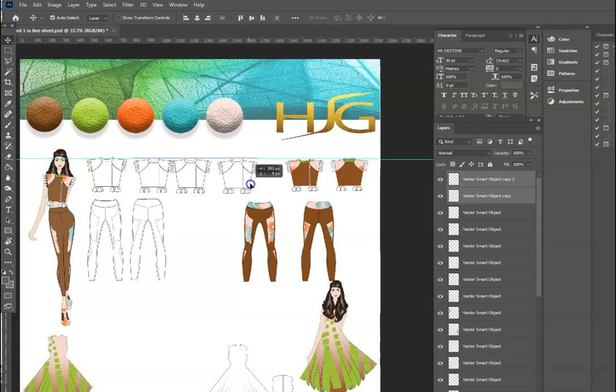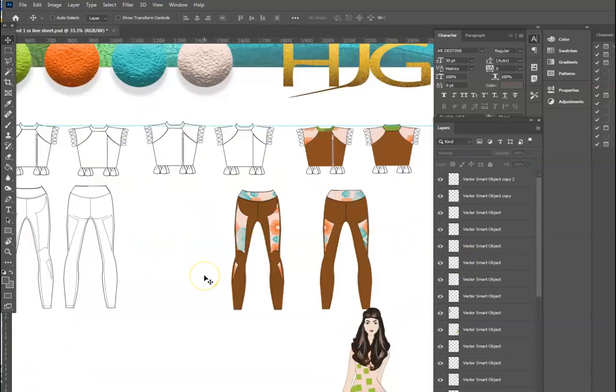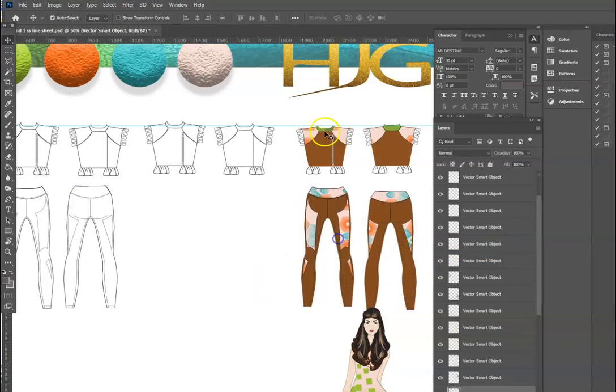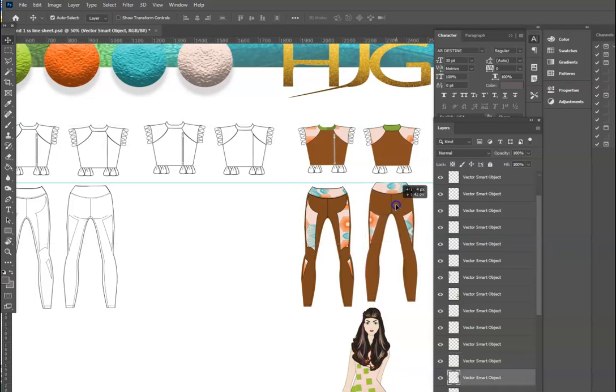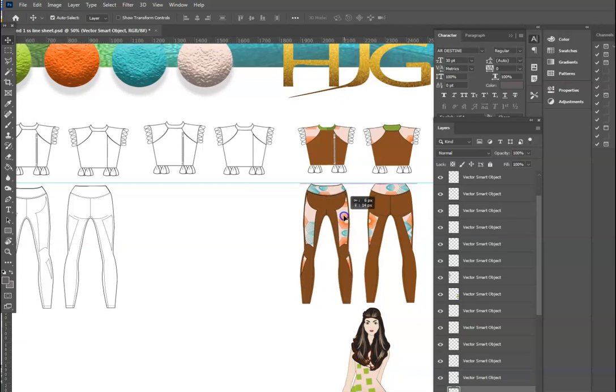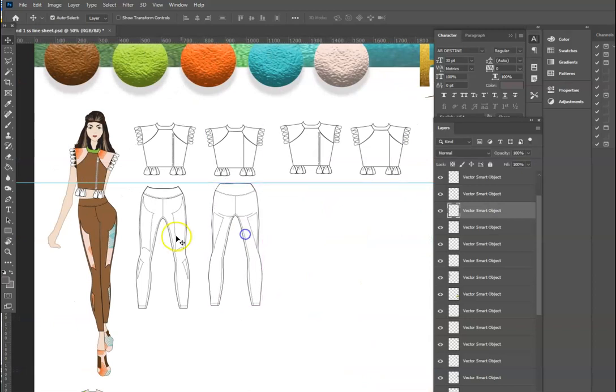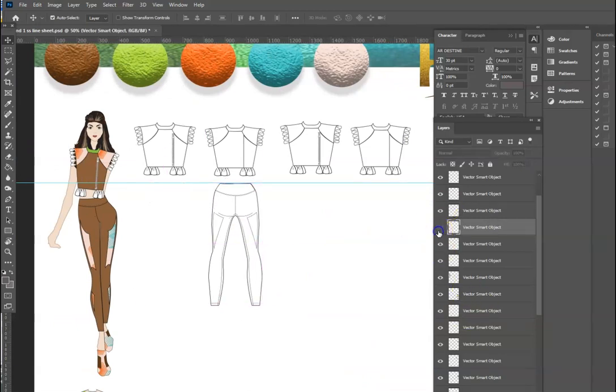And then I will have this here. And then let's see, this one, I will move this ruler here, down here, to get this lined up. Then this one lined up, and then this,